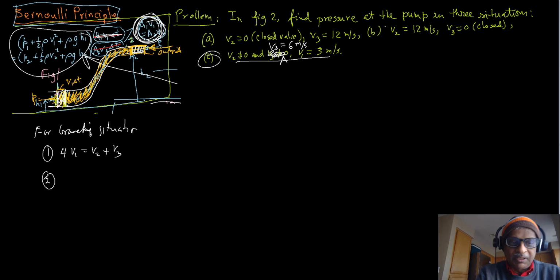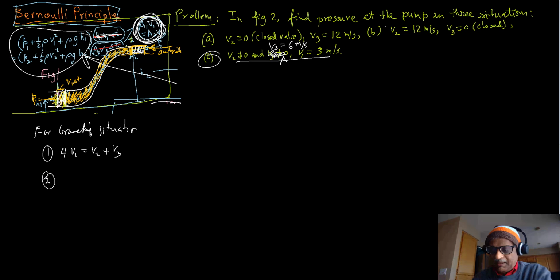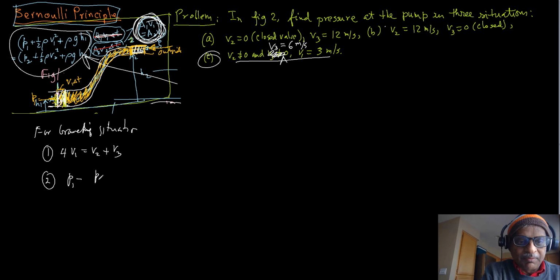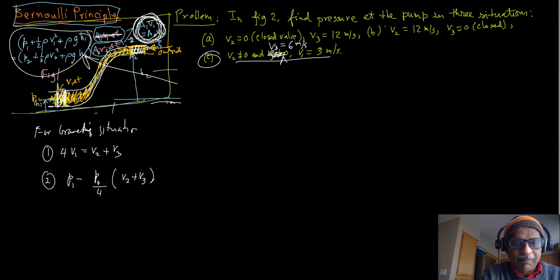And another equation, if you simplify it, and I took time to simplify it, and I'm going to write this out. So P1 minus P0, and then we have a P0 over 4 V2 plus V3, which is of course going to be V1 over V1. So this whole thing kind of cancels out,